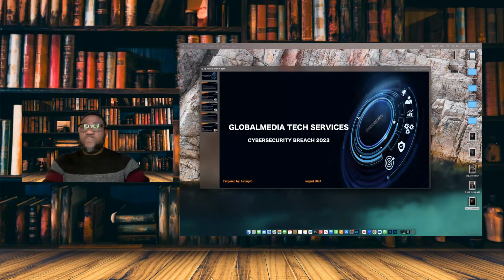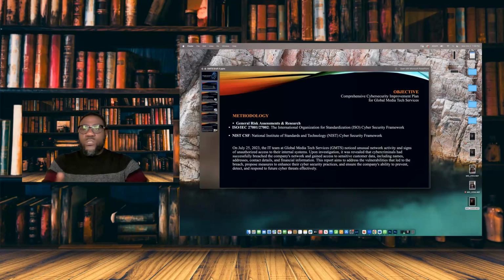Now, if you come with me, I'm going to quickly talk through some of the items here. The first thing we did was go over the methodology of what we are actually trying to achieve using certain standards. So we did what we call the general risk assessment and research into the incident, and then we leveraged certain standards so that we can tie these gaps, as we are seeing them. We can identify and say this certain standard advises that we should have at least this minimum requirement or this type of requirement in place.